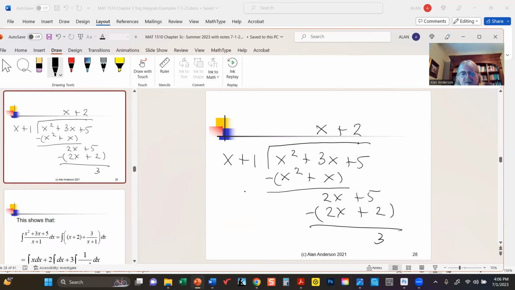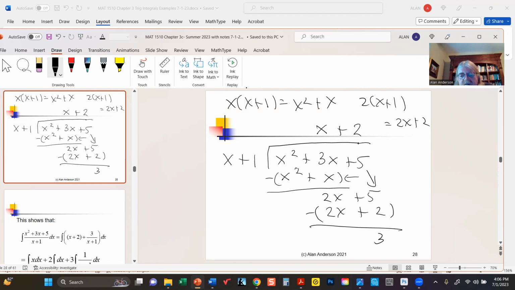So I start by multiplying by x because x times x plus 1 is x squared plus x. That gets subtracted, as you can see here, leaving just 2x. I bring down the 5, and now I'm going to try 2, because 2 times x plus 1 is 2x plus 2. That gets subtracted, and we're left just with the 3. So that means I end up with